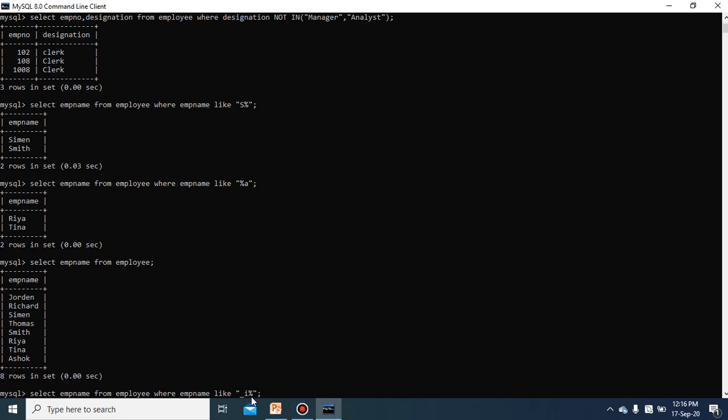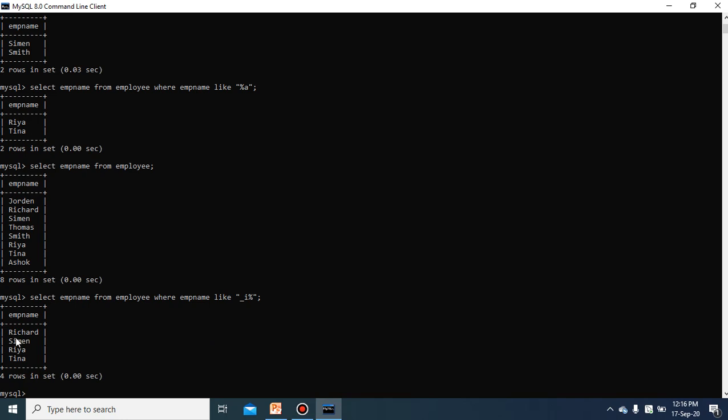This is the difference between percent and underscore. Now you execute this, and the output is Richard, Simon, Ria, Tina, whose second letter is I. The same way you can use not like.